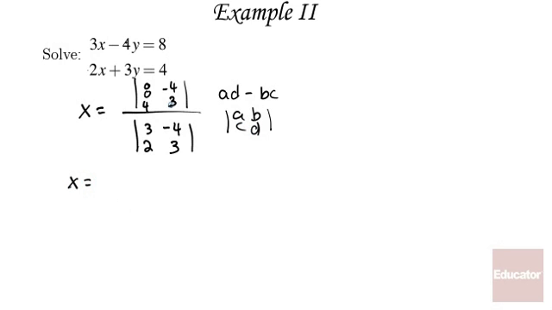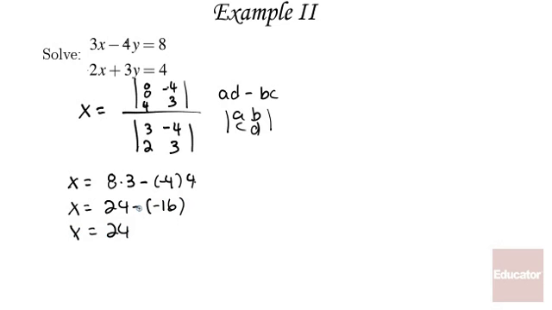X equals 8 times D minus B times C. Okay. Therefore, x equals 8 times 3 is 24 minus negative 16, and a negative and a negative is plus 16. So 24 and 16 is 40. X equals 40 in the numerator